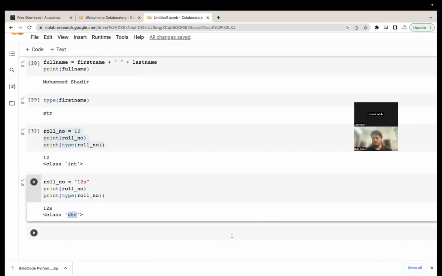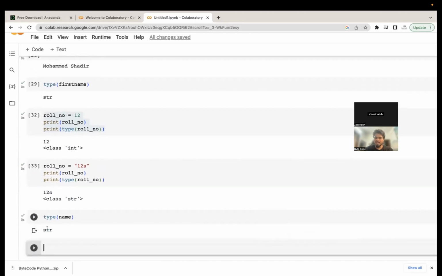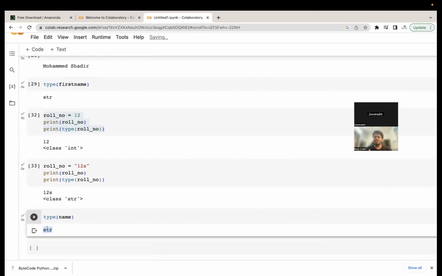Yeah, type is also a function. So type basically gives the type of whatever is inside it. If you give any variable name, let's say name, it will give you the type of the variable. It can be string, it can be integer, it can be list. List is nothing but arrays. It can be set, it can be tuples, it can be dictionary, which we will learn as we go along. But type will basically give you the type of the data of the variable.